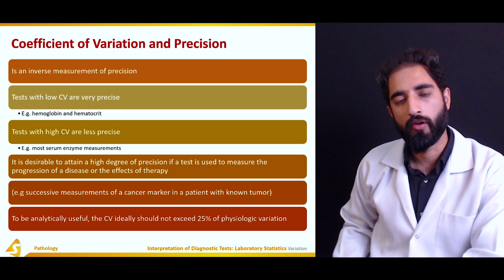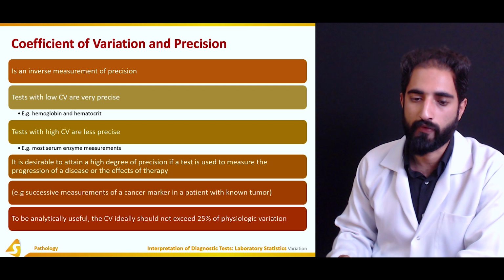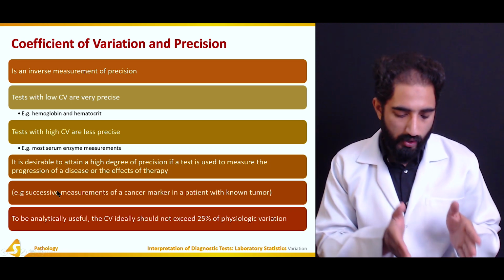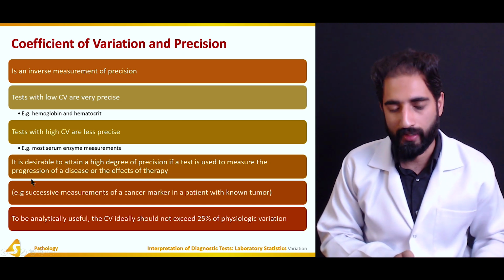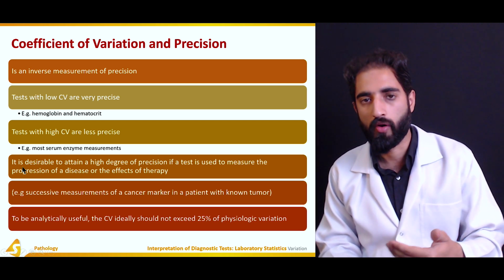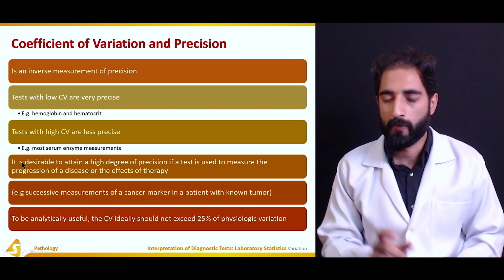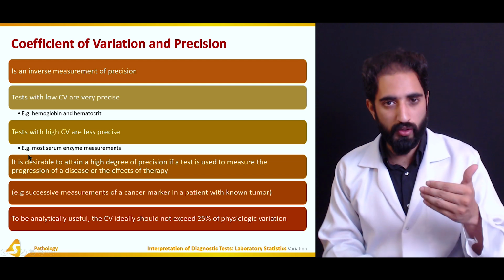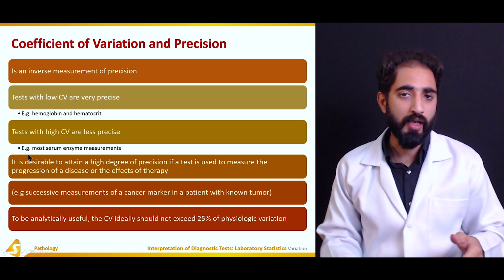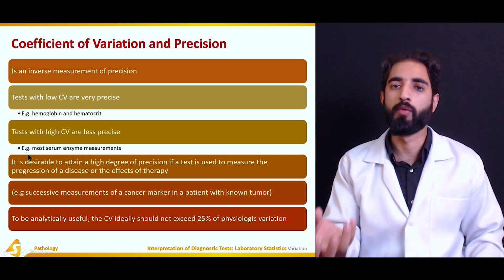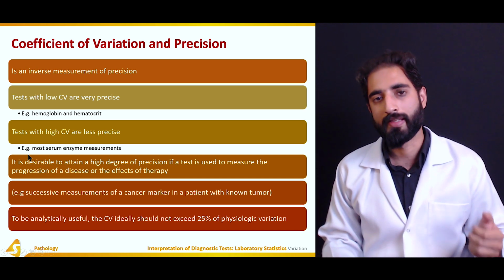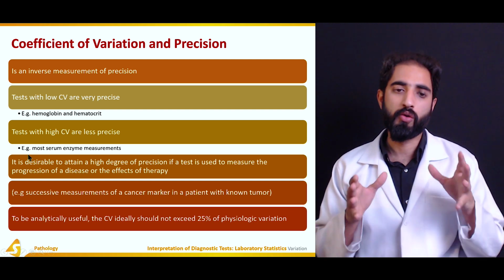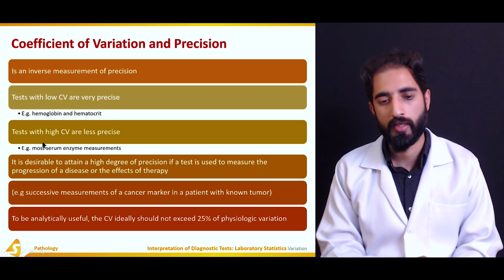Now, it is desirable to attain a high degree of precision if a test is used to measure the progression of a disease or the effects of therapy. So it also needs to have high reliability, because if it's not the case, even if an individual's condition is static, not progressing either in terms of worsening or good prognosis, but the outcome measurement tool has low precision, low reliability and a greater coefficient of variation, then the different test values that we find would make us anticipate that the person has a progression in his condition, either in favor of or against a good prognosis. So that is not a good thing for a good test or a good outcome measurement,